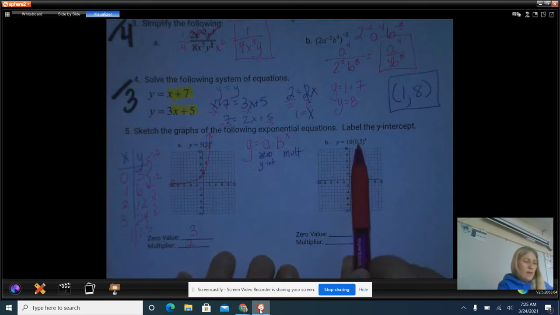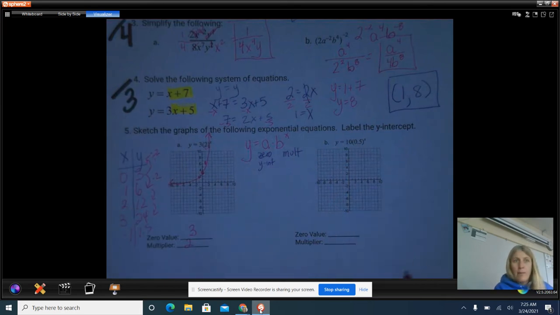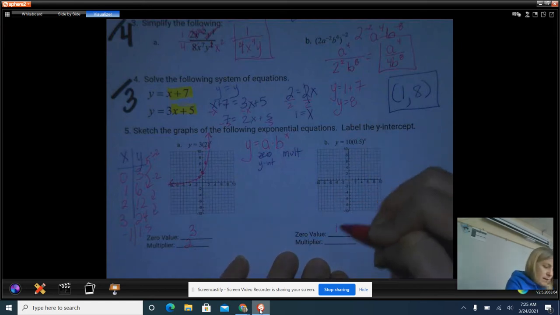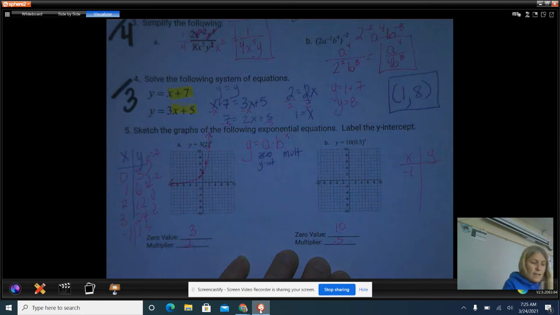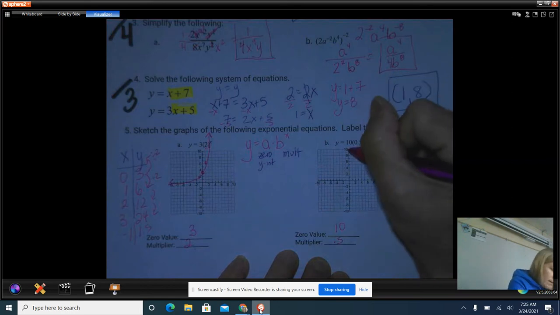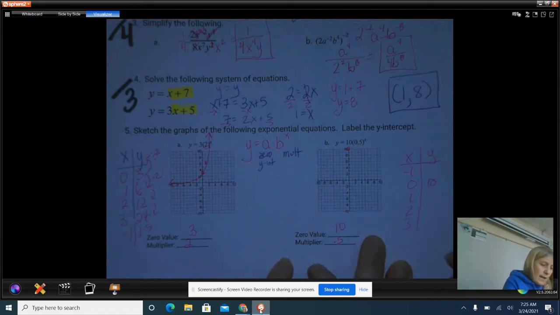This one is a decay because our b is a number between 0 and 1. So my 0 is 10, my multiplier is 0.5. So I'm going to go ahead and I like my XY table. Like I said, I do tend to find a -1 as well. And then I have 0, 1, 2, 3. My 0 is 10, so I'm going to plot 10. And then I am multiplying that by 0.5 or halving it. So I have 5, 2.5,